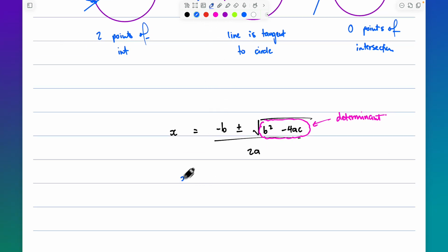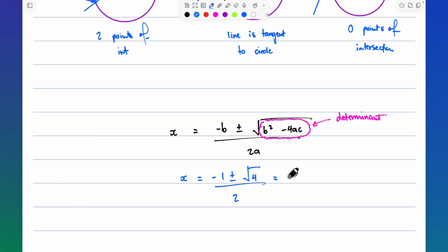Right? So now the thing is, if your discriminant is positive, let's just say, for example, your expression looks like this, right? So if you have x is equal to negative b plus minus the square root of 4, and then divided by, actually I wanted to put actual numbers over here. Let's just say this is 1, and then this is divided by 2 times 1, which is just 2. So in this case, you're going to get 2 distinct answers, because once you put this into your calculator, you're going to get negative 1